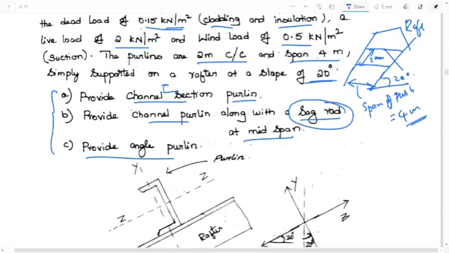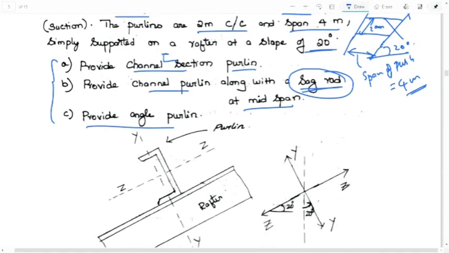So I said that there is a movement about z and y axis. There is a biaxial movement, and this sag rod is able to regulate or limit that movement in the purlin, right? So that is a good thing. And sometimes we use sag rod, only one sag rod per purlin, can be used more than that also. And as you can see here, we have so many rafters. Okay, purlins keep on running along these rafters.